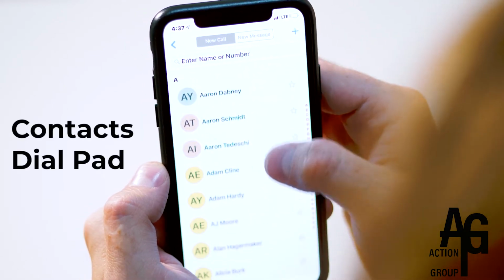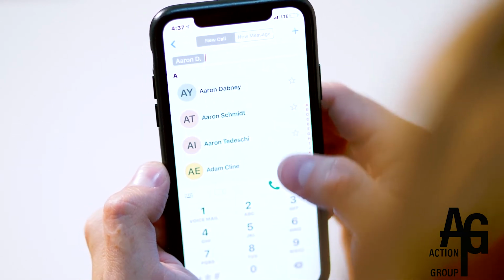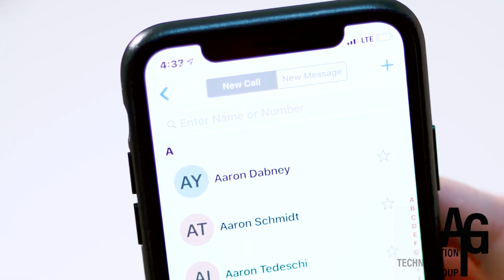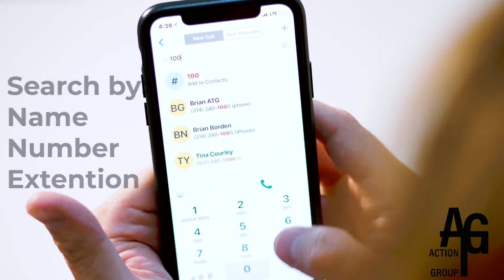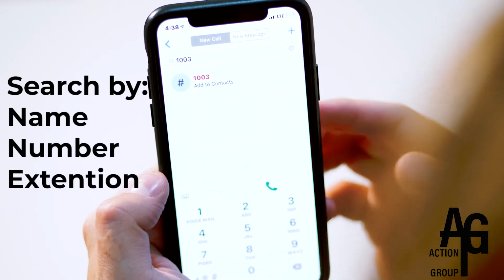You can select a contact to place a call, or you can type in a phone number or even an extension that is part of your One Talk network. Say you have extension 1003. Type it out, press the green phone,